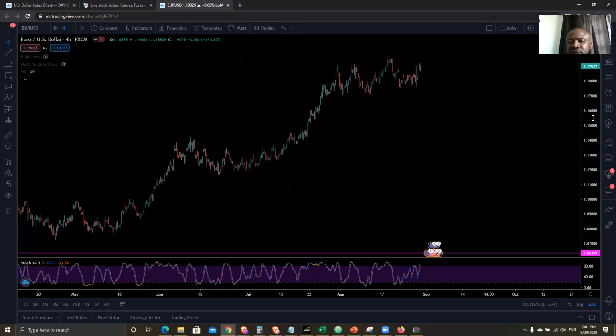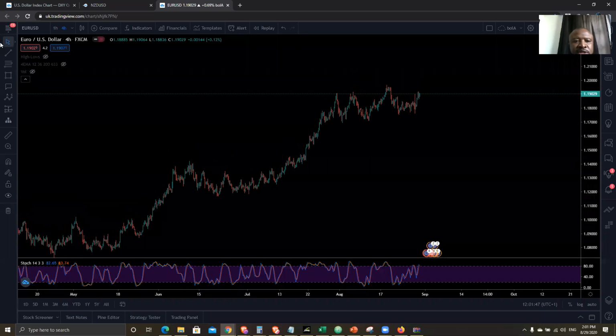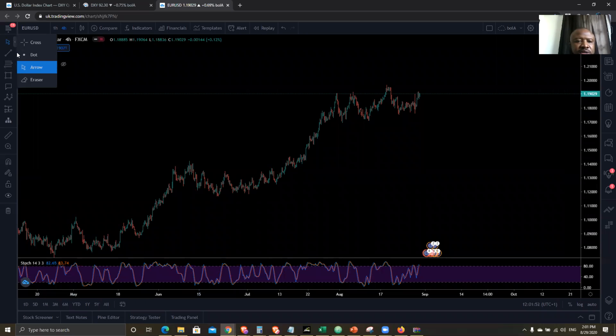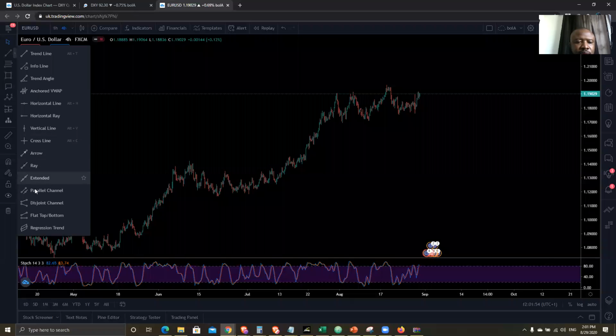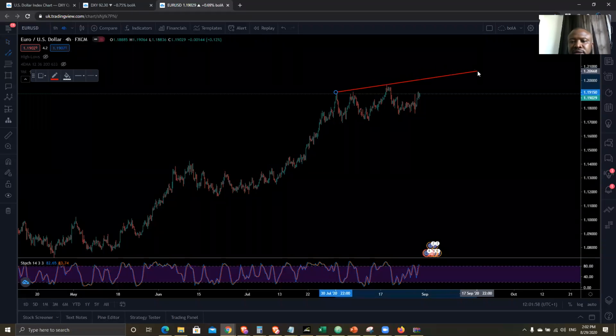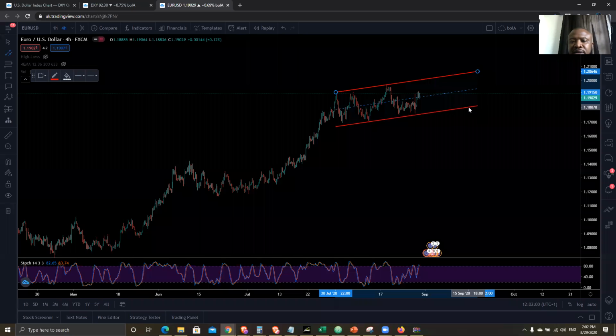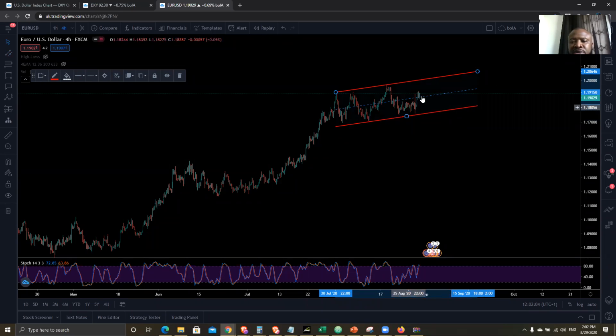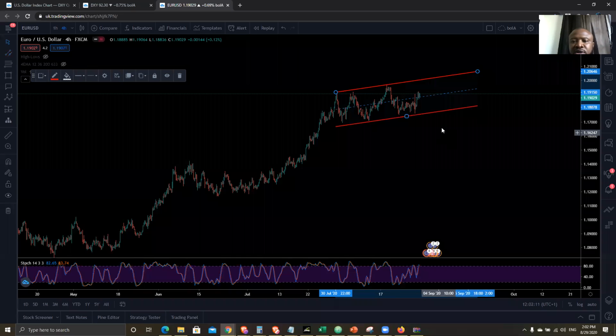So the one key thing you have to understand about the euro is we are here. Why are we stuck in this region? There's no need to sell this guy, none at all. You know the reason why. Until we break this down, right, there is no need to sell the euro, technically, all right? But this is the driver.